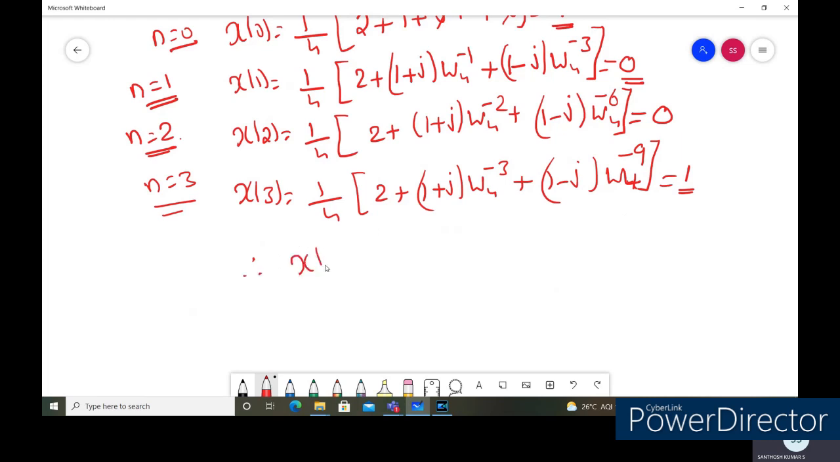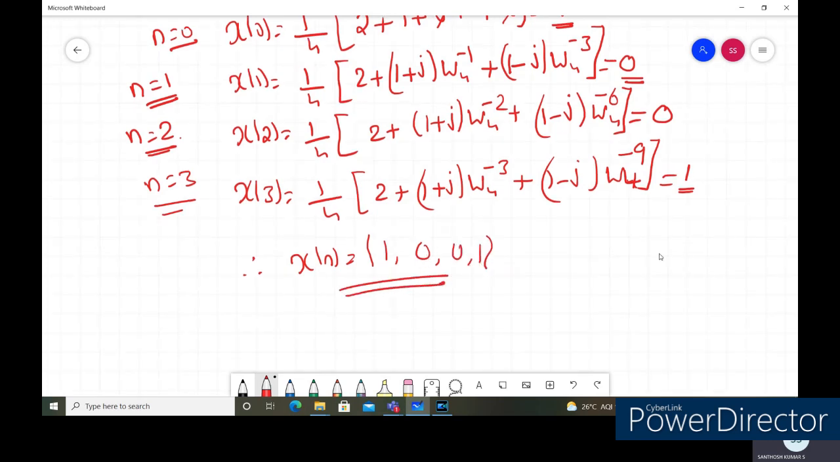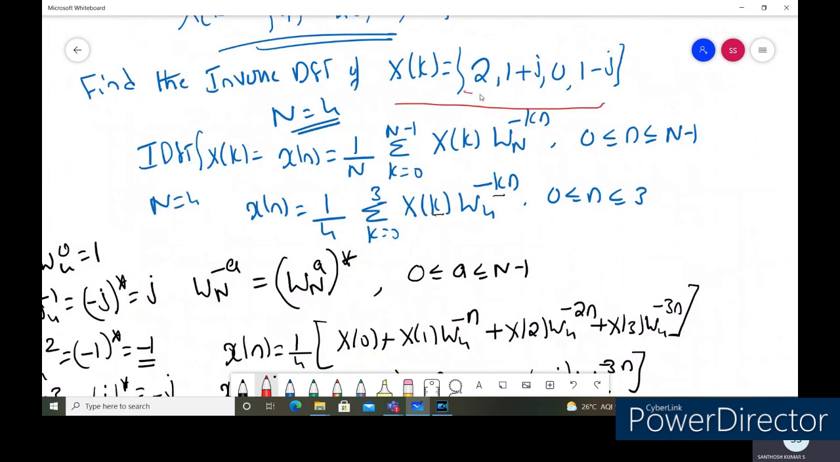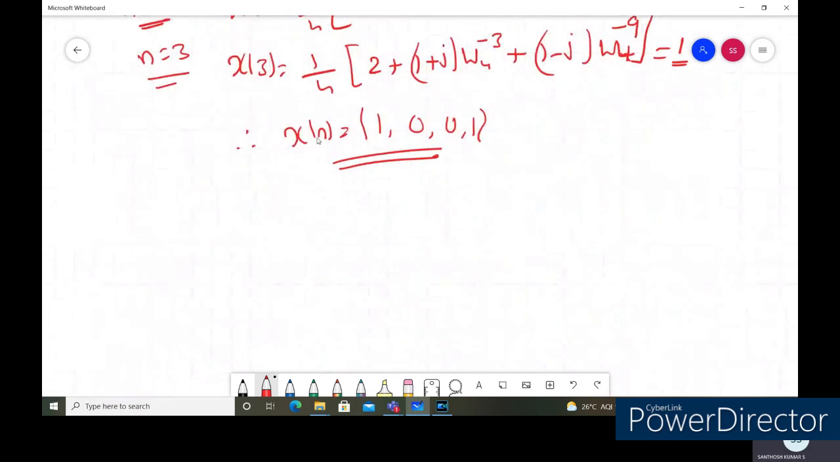Therefore we can write the sequence x of n is equal to 1 0 0 1. So this is the IDFT of the sequence. For this sequence x of k, the IDFT is x of n is equal to 1 0 0 1. So the next